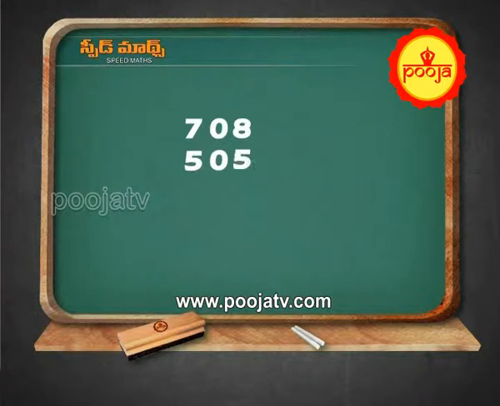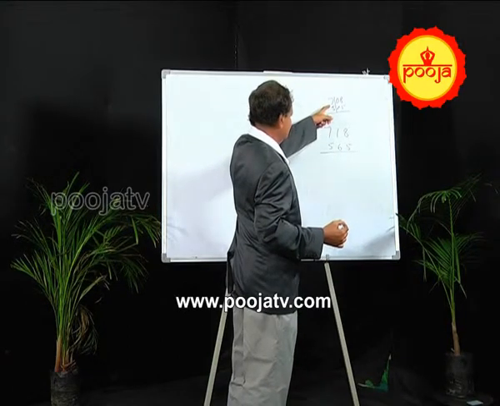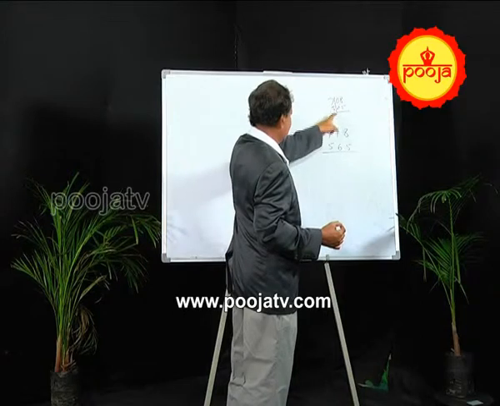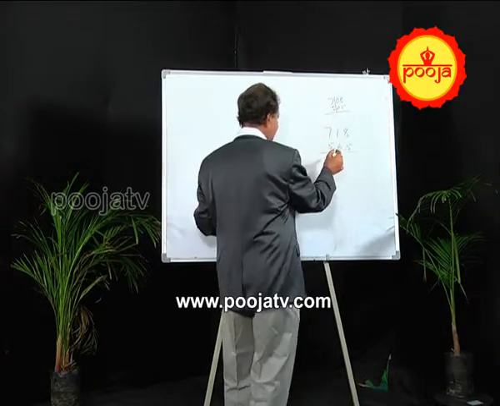You need not go for crisscross. Simply give slash, 8 5s are 40, like that you can do. First you observe. If it is there, you need not go for crisscross. Simply you can use this slash method. Now here all the three methods will not apply. So you have to go for crisscross.